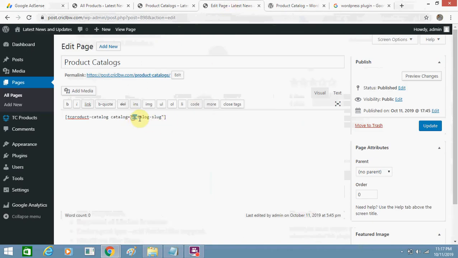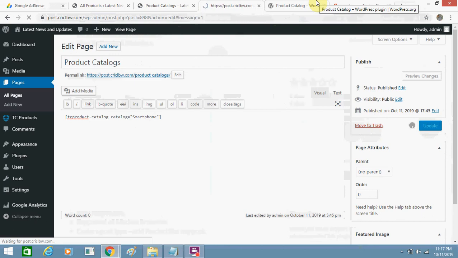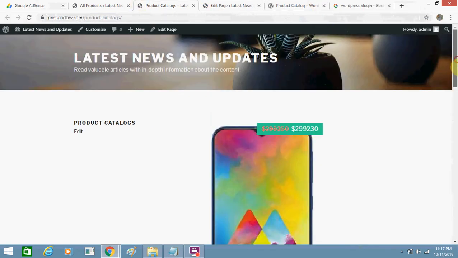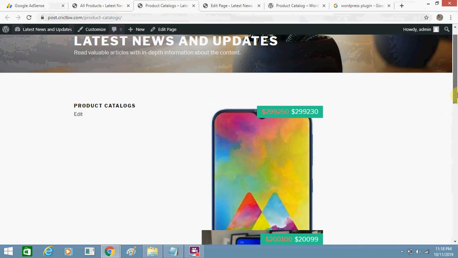I need to remove this thing, product slug, paste smartphone and click on publish, update. In this page one laptop was also showing. When I refresh this page now, laptop will get removed, only smartphones are now showing.